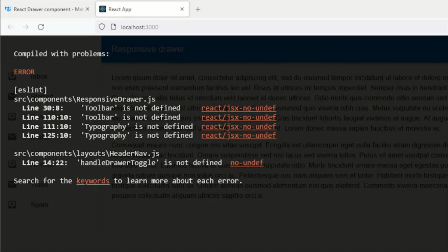Okay, now that we moved all those things, the next thing we need to do now is look here. We have a handle drawer toggle is not defined. So actually, this makes sense because we didn't move the handle drawer function yet. So to do that, let's head back here. We have an error. It's looking for these toolbars and typography. So which means